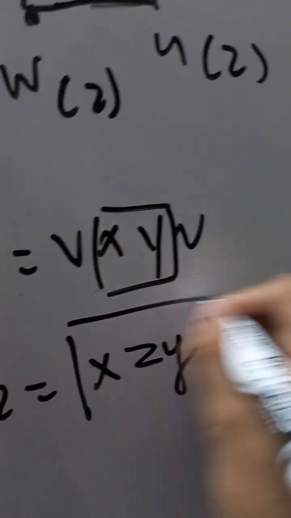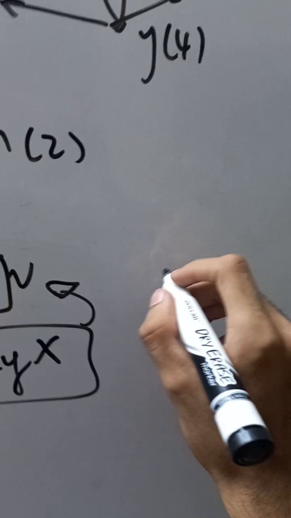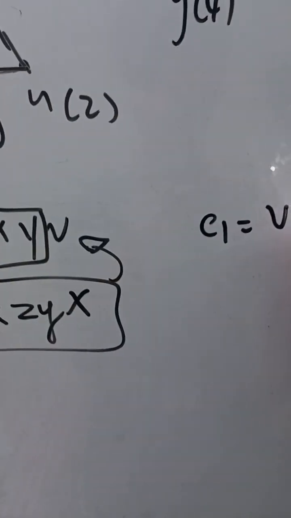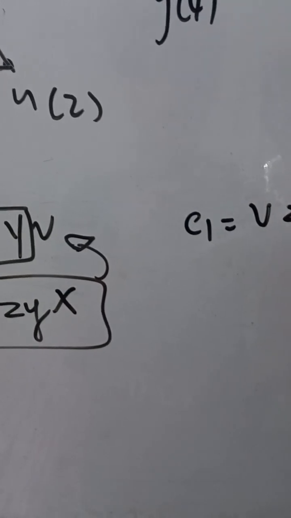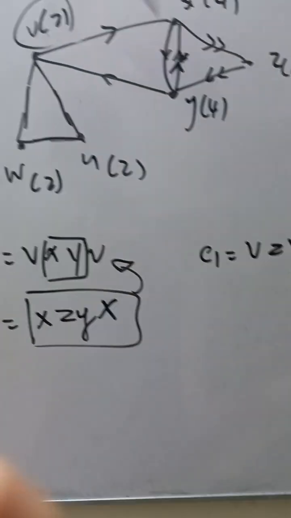So I can just take this and place that over there. So this will then become C1 equals V, and placing that, Z, Y, X, Y, V. So V, wait,